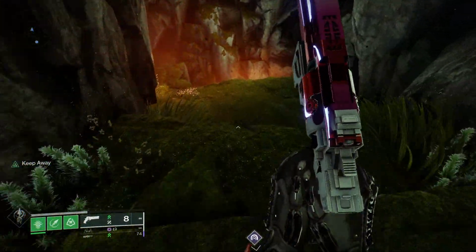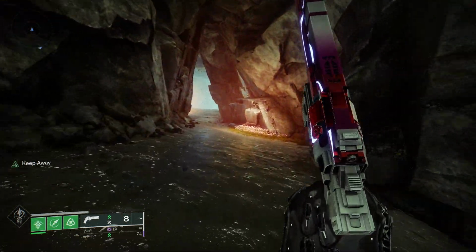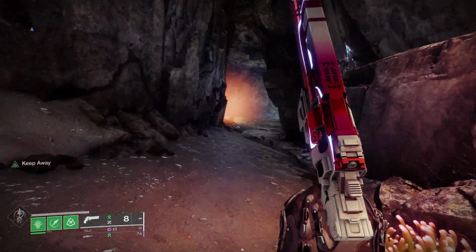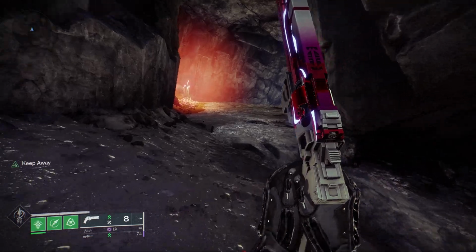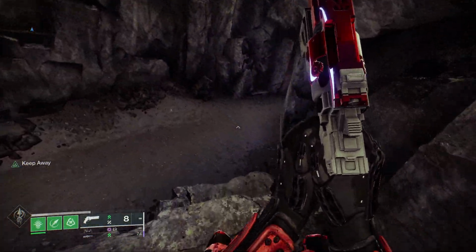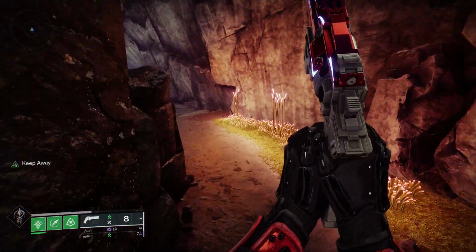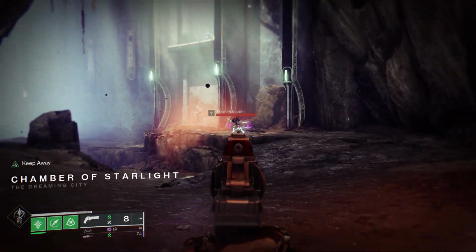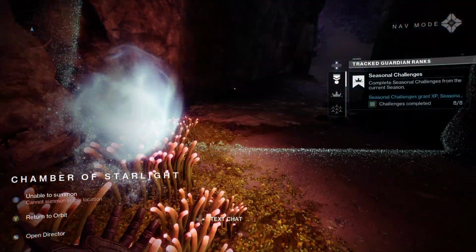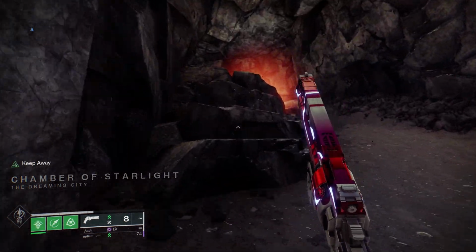Now, if you don't see that flag there or the icon on your map to ping it, what that means is you have to complete the normal version of the Lost Sector, which means you have to go and kill every single enemy, kill the boss, and then loot the chest at the end to unlock Legend and Master difficulty for this Lost Sector. So you're going to see, once you reach a certain point in this Lost Sector, you're going to see ads and everything. Make sure you kill everything, just like I mentioned, and then you'll unlock Legend and Master difficulty for this Lost